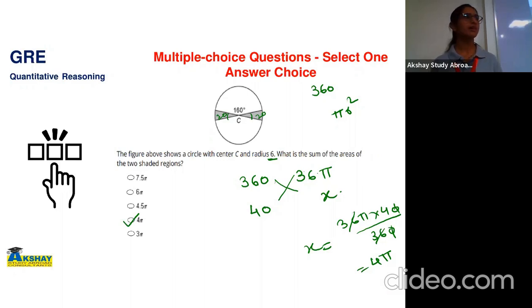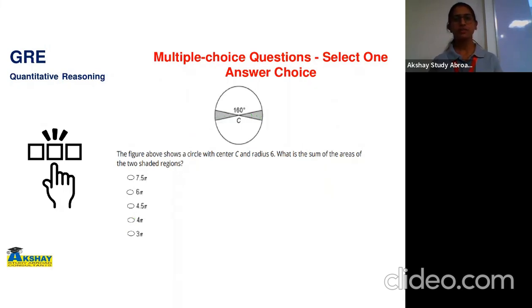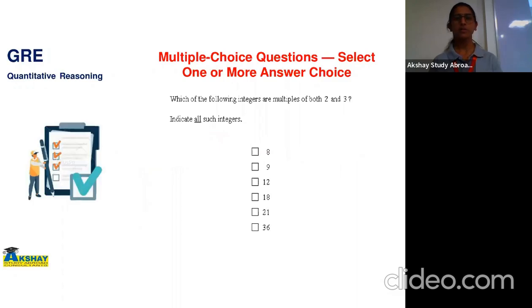If you want the brief knowledge about this, can I tell you the area of sector formula? It is n by 360 into pi r square. Here n is the angle formed by the sector and pi r square is the area of the total circle. We are doing the same thing here, but we are using our basic knowledge to solve this. Now try to solve one more type of question, which is a multiple choice question again, but you have to select all the possible answers. Now it's very simple. You can solve this question in fraction of seconds.